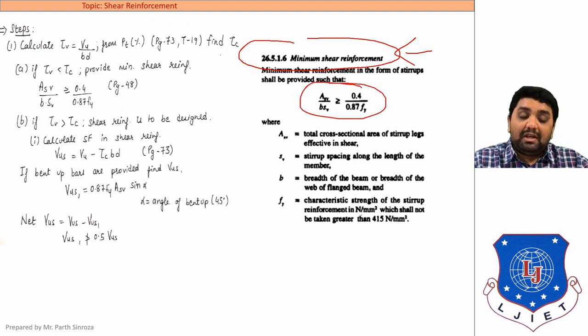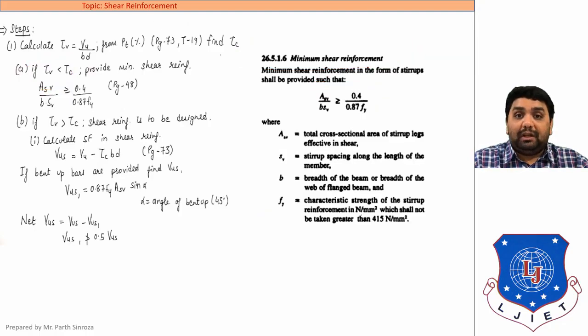Here you can see the equation is mentioned, Asv. Again, Asv: the subscript s stands for stirrups and v stands for shear. So Asv is the area of stirrups in shear upon b Sv. b stands for width of beam, obviously. Sv stands for spacing of stirrups. Clear? We will be looking at this later on. Everything is mentioned here, and in the RHS portion, it is mentioned 0.4 upon 0.87 fy. So from this equation, we will be solving our case to find the spacing of stirrups and to design our stirrups, if tau v is less than tau c, as per our previous step.